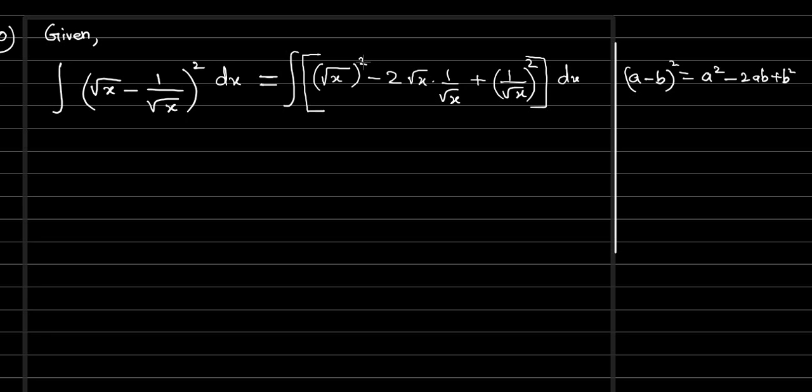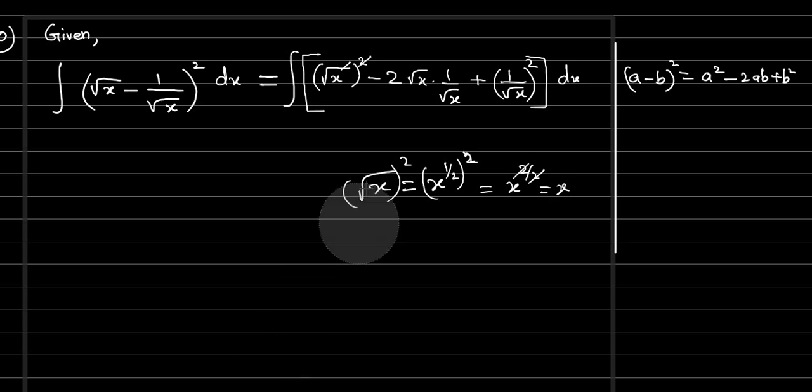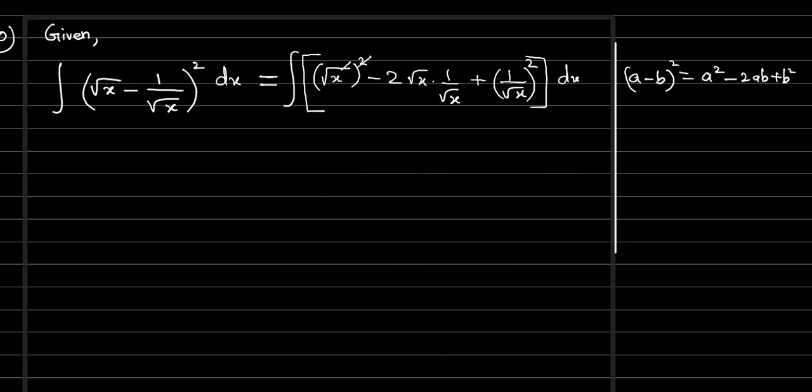Now square and square root both will get cancelled. Because what is the square root? Root x is basically x power 1 by 2, and we have a power 2. So when we multiply both the powers, x power 2 by 2, the 2 cancels and we get the value x itself. So the square and root cancel each other. In the same way here, root x cancels. And here square is applicable for both numerator and denominator, that is 1 square by root x whole square. So 1 square is value 1, and the square root again cancels.